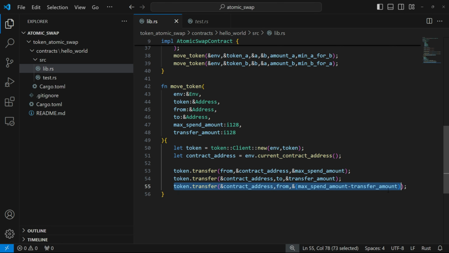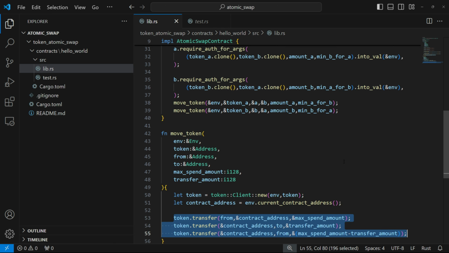And then we are transferring the remaining amount back to the from address. So you can see we are transferring from the contract address to the from address, maximum spend amount minus transfer amount, because the transfer amount is the amount that we have already sent to the to address. So the remaining amount will be sent back to the from address. Okay, so this is what we are trying to do with these 3 lines, and the same will be done